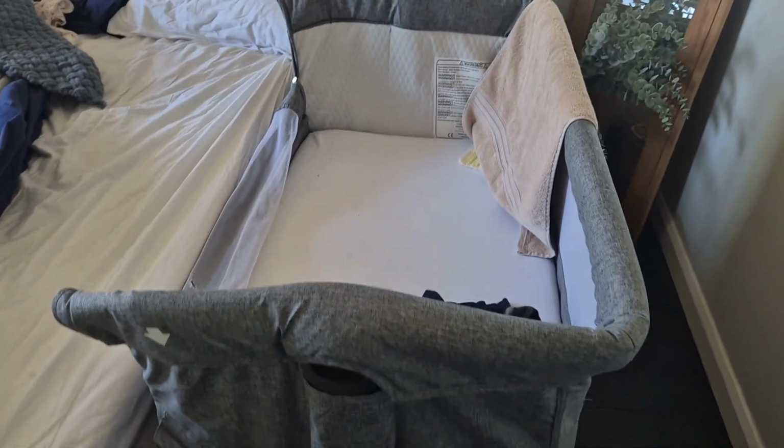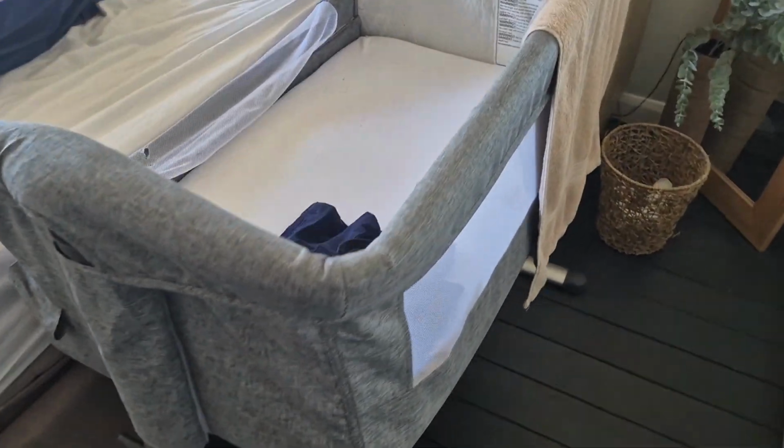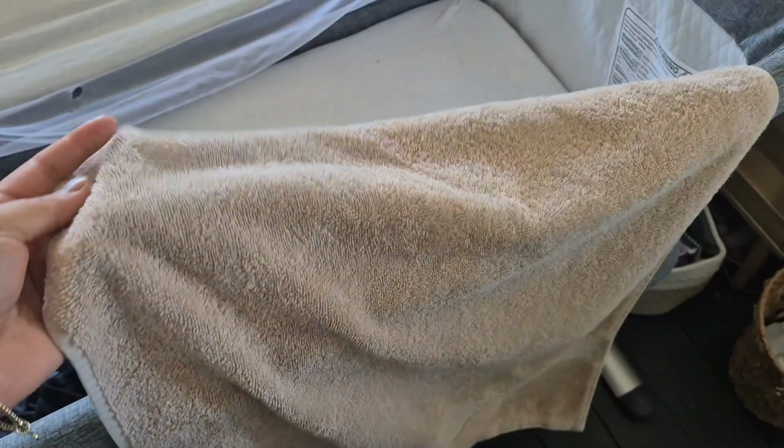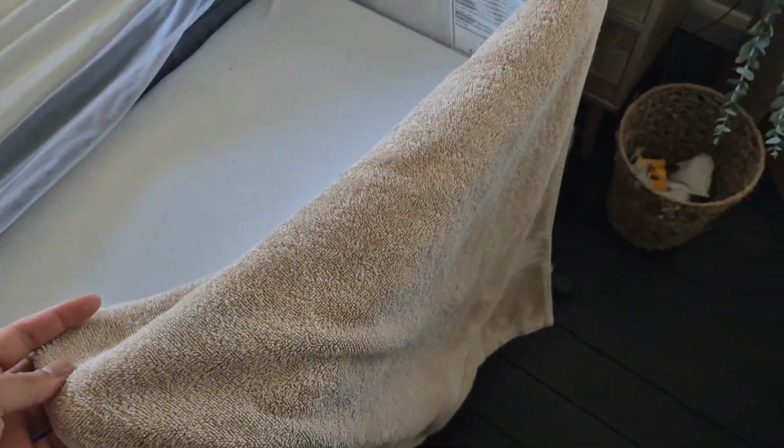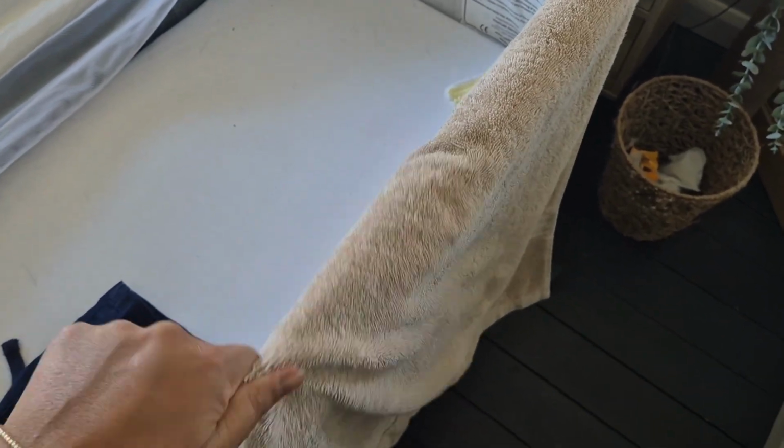In our bedroom, we have more stuff. So it's actually such a mess in here, so just no judgment. Take a better shot. Next to me, bed, which we do use, but not all the time. I keep a towel in here because she leaks. Like sometimes when I'm feeding her, it leaks, so it gets really wet, so I use that to protect the